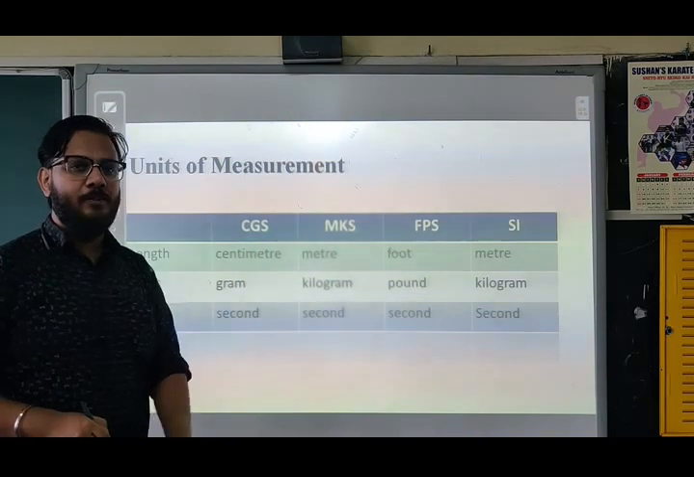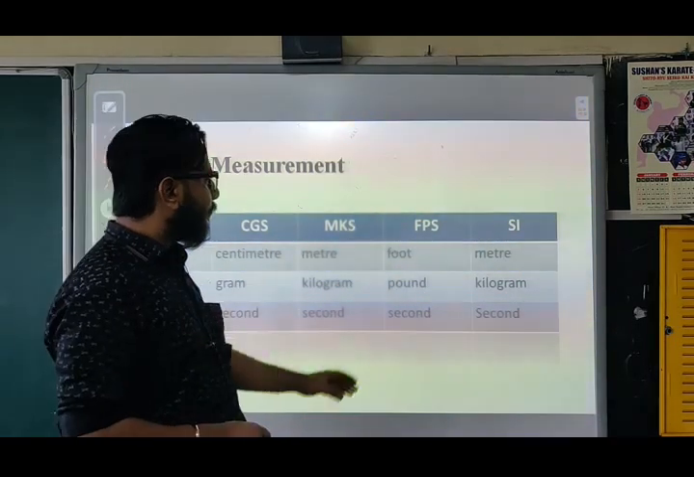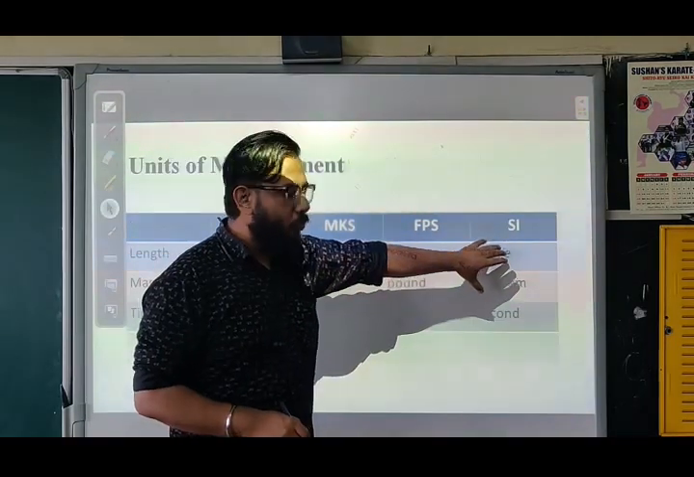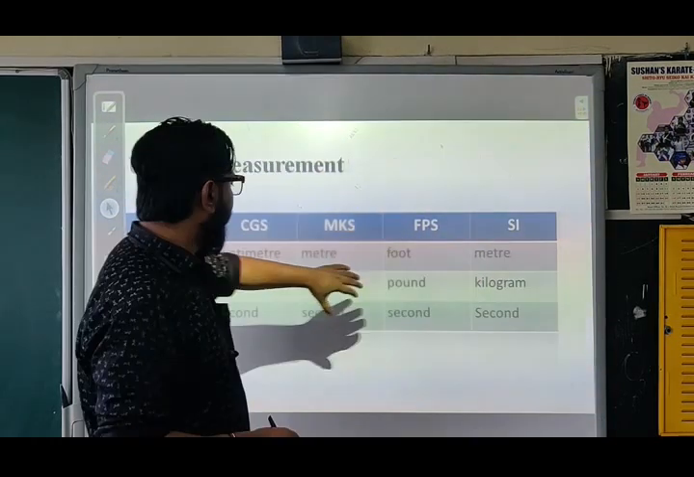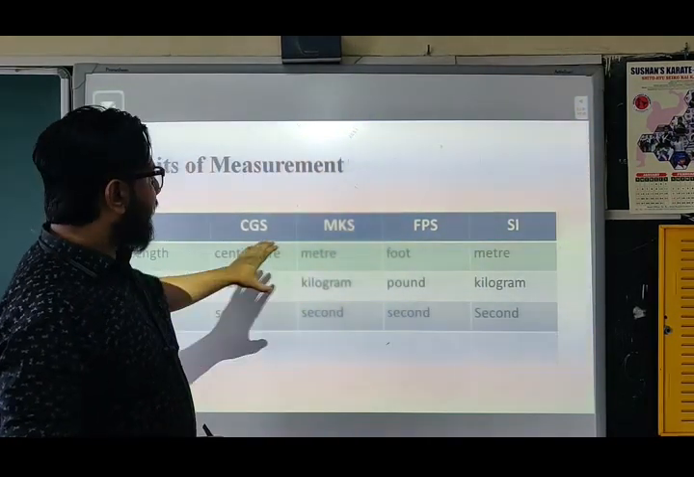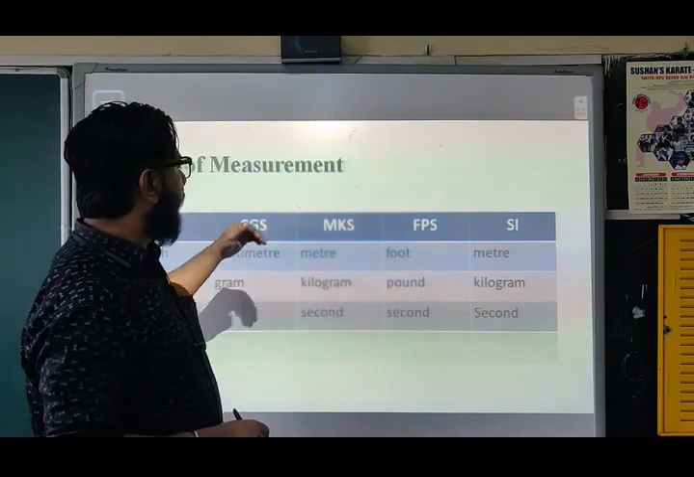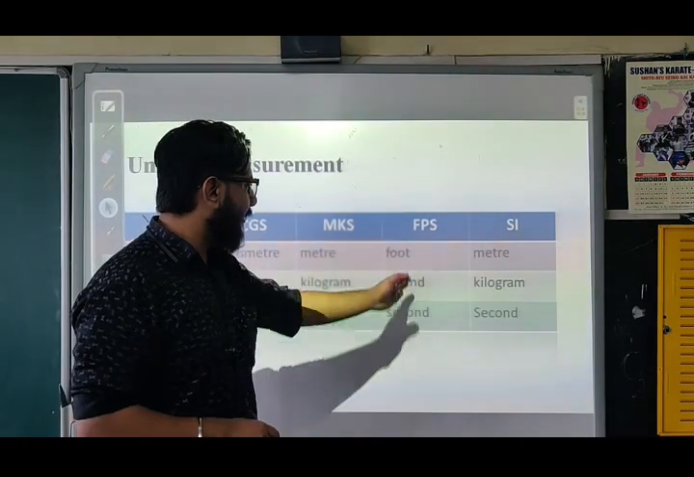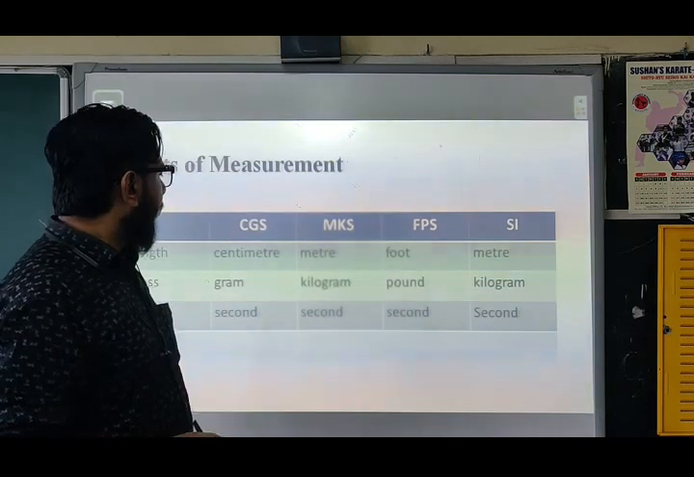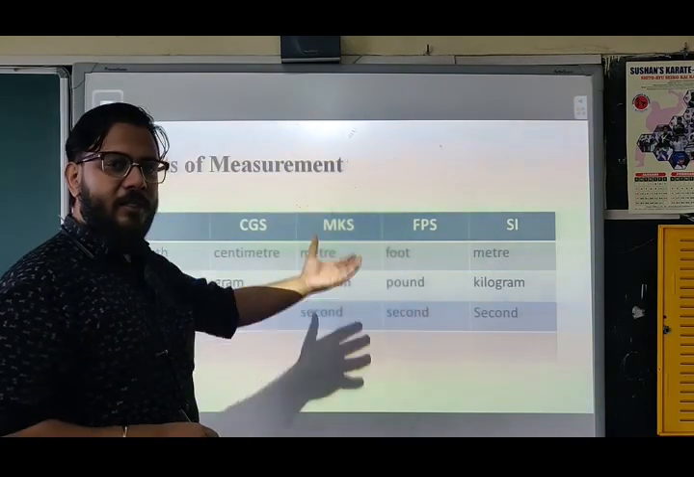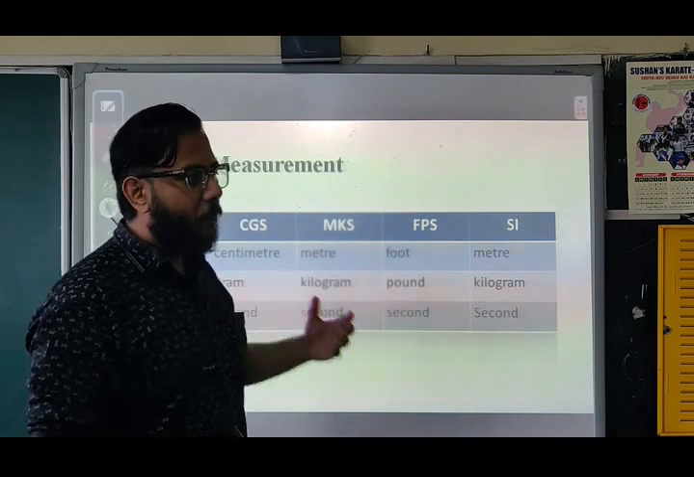Why do we have so many? SI was much more recent compared to these 3. These 3 were already there. Different countries are still using them. For example, the US is still using this one, and other countries are still using this. The problem was,